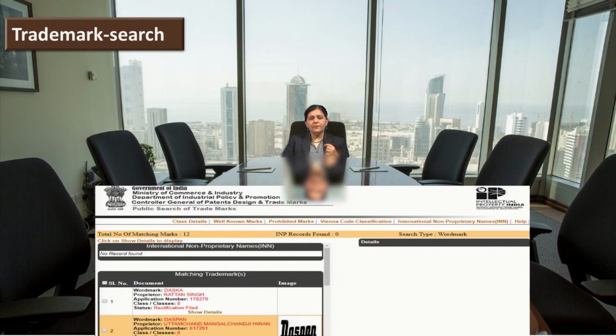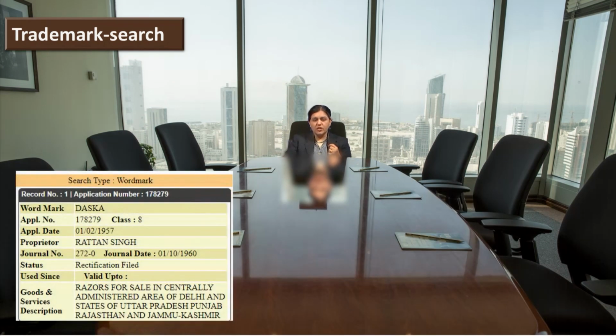Next, you get information like the word mark, the application number, the class, the application date, and who the proprietor, that is the owner of this particular trademark, is. Then in which journal it is published and on what date. All these details you can get on this website when you visit and do the search.